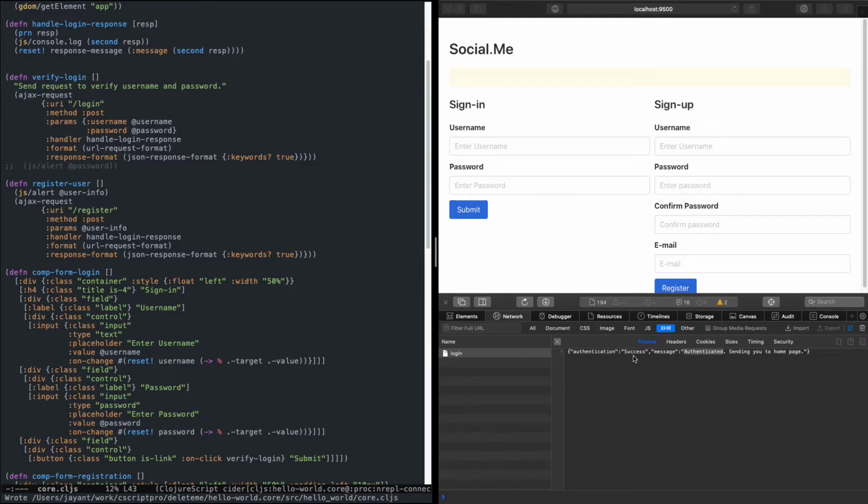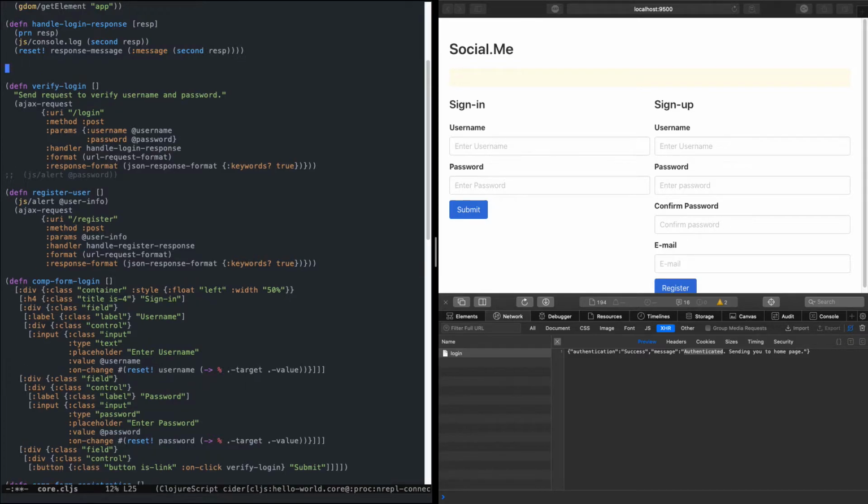Okay, no error so far, so this is good. And for the response function, we want a different function so that we can show some specific message to the user when he clicks on the register button. For example, right now we do not have any validation on the username field, but if his username is too short, or some user with that username already exists, we definitely want a different function to handle the response received from the server. And for that